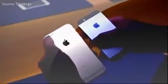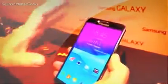So when it comes to the build quality, I'm going to have to say that this is a tie because yes, the iPhone 6 does have the full aluminum body, but the Note does implement metal on the sides, and it does give you full access to the inside of the phone, allowing you like